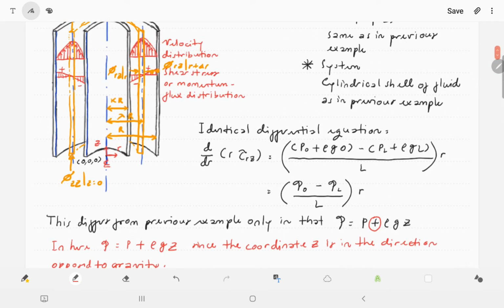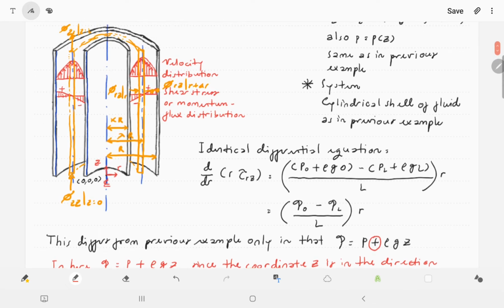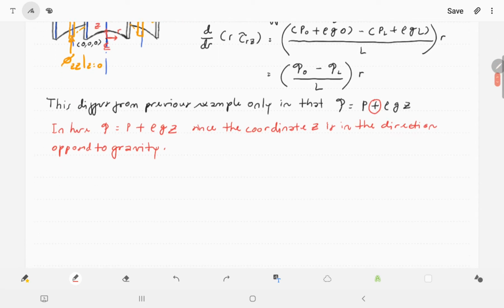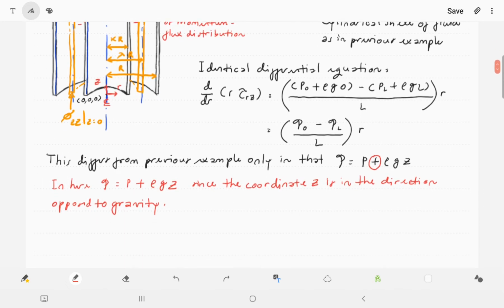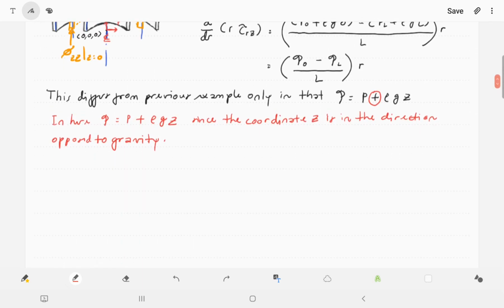So in the previous example, z starts from this point, and then it goes down, where r is the same. But in this particular example, z is starting not from that point, but instead from the bottom in here, it goes up. So that's basically the difference between this particular system and the previous system, and we take the original coordinate 0 0 0 to fit our system so that we can solve it easier.